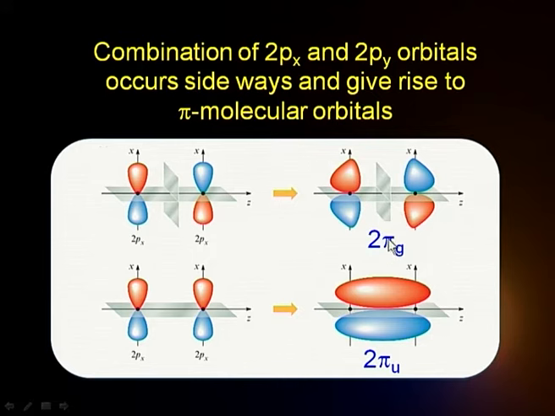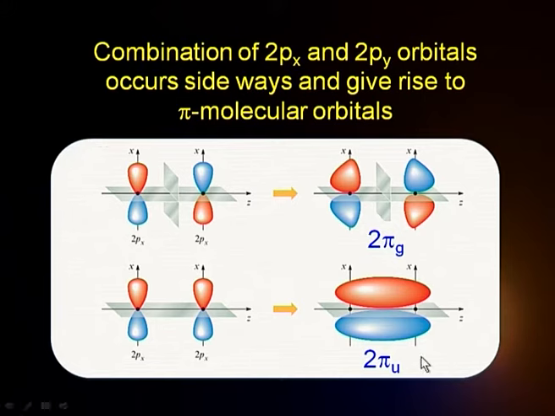One more thing, probably you can make a note here, that is the designation. Such orbitals, which I get by lateral overlap or sideways overlap, are called pi orbitals, because if I look at this molecular orbital along the internuclear axis, from this side, it will look like a p orbital. So the p, in Greek alphabets, is pi; that is why they are called pi orbitals.